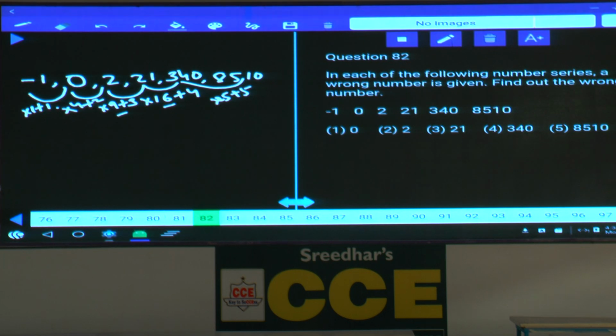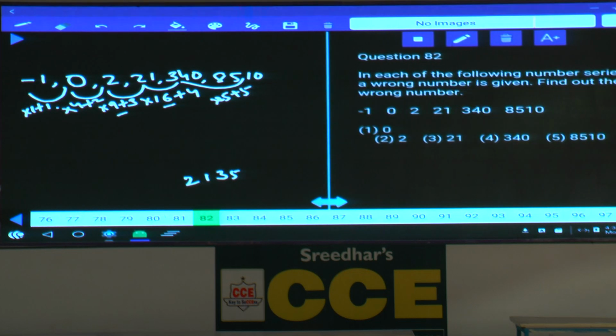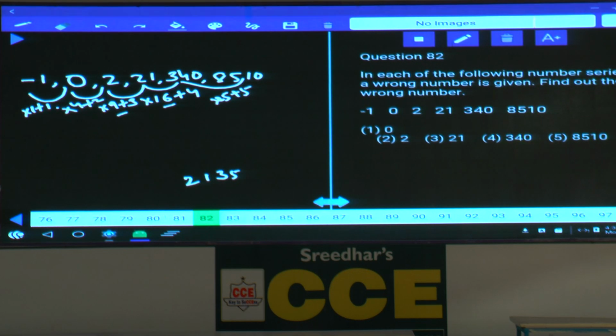To divide this by 4, 4, 20, once 84, and next one 11, 110, isn't it? Now 11 can be written as 3 and 20 is 2135. Are you following this one or not? If it is 2135, then plus 5, it must be 2140. Yes. Now what is the number here? Now this must be